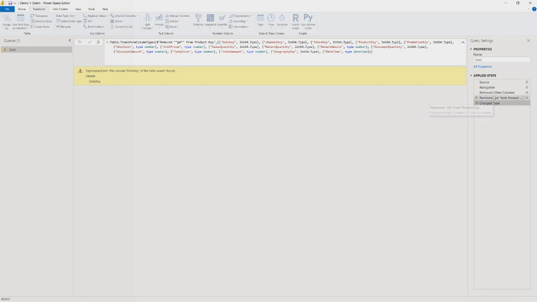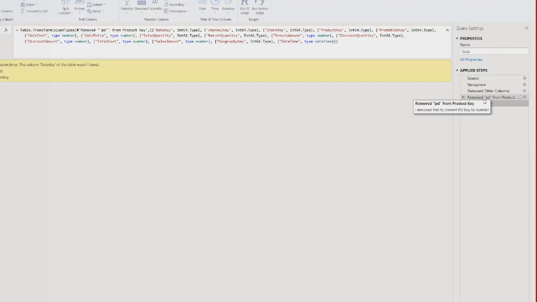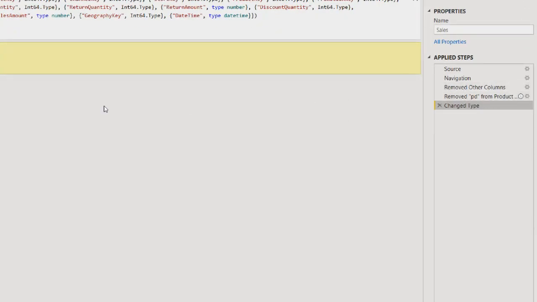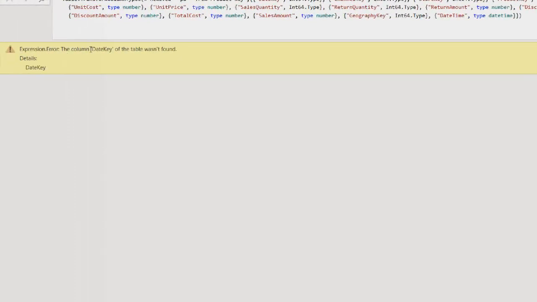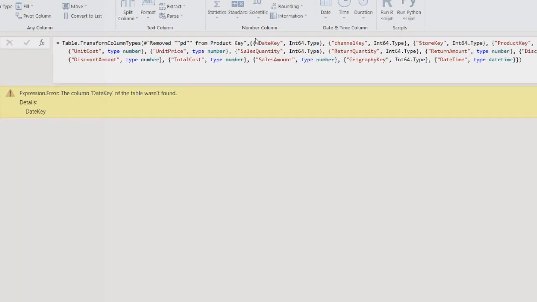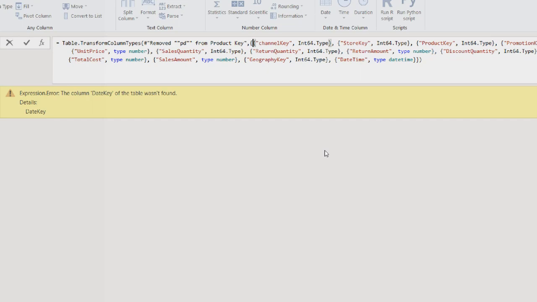Another thing, yep, see, there you go. So there's an example. When you remove a column, it can potentially impact queries that depend on it down the line. It's saying that the column date key cannot be found because it's attempting now to make that a numerical data type. So to fix this, you can either delete that and redo the step, or you can edit just a little bit of M code, come here to the top,